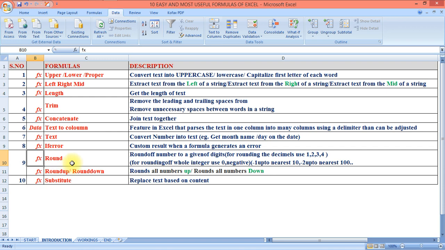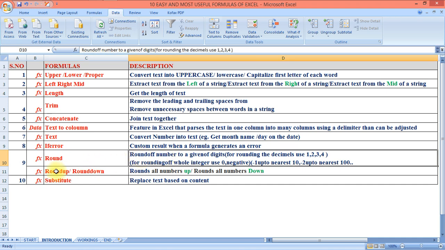Now the ninth one is round, round up and round down. We'll start with round. Rounding of a number to given digits. If there are multiple decimals and you want only one decimal in all the cells, or two, you can do this with round, or if you want the number to round off automatically, you can use round.